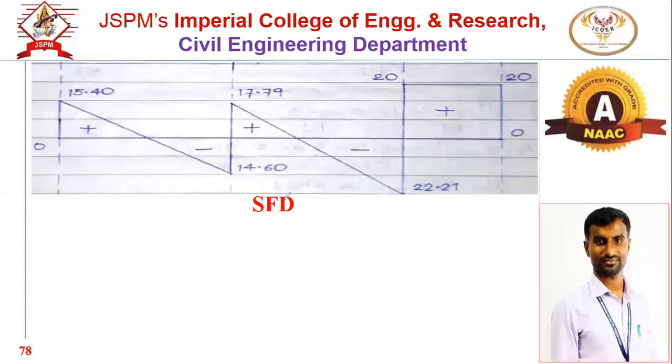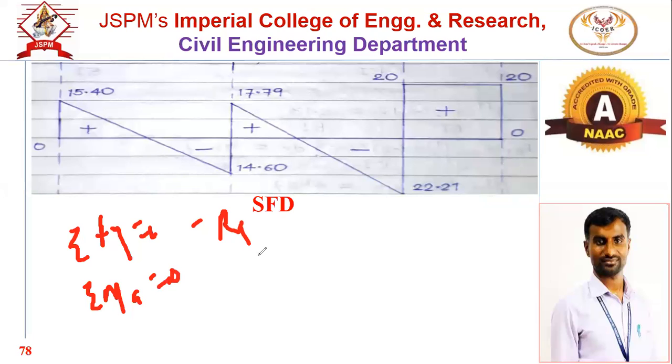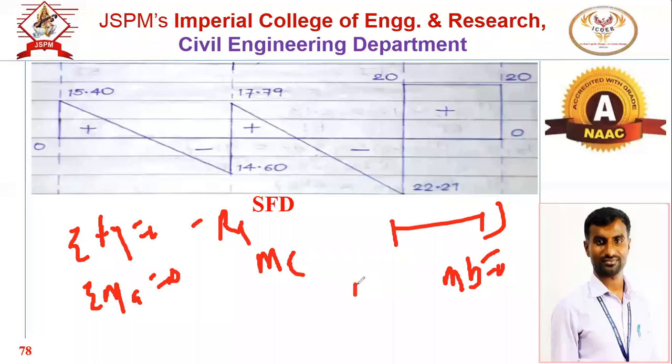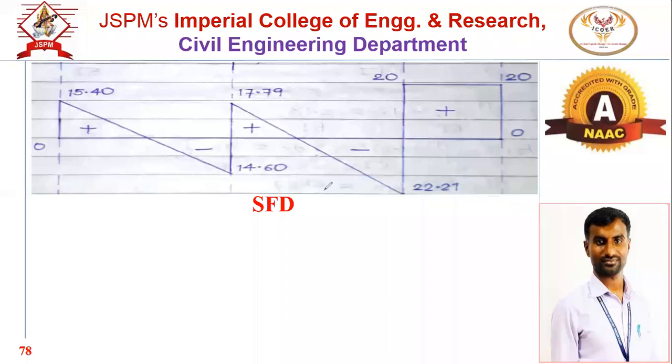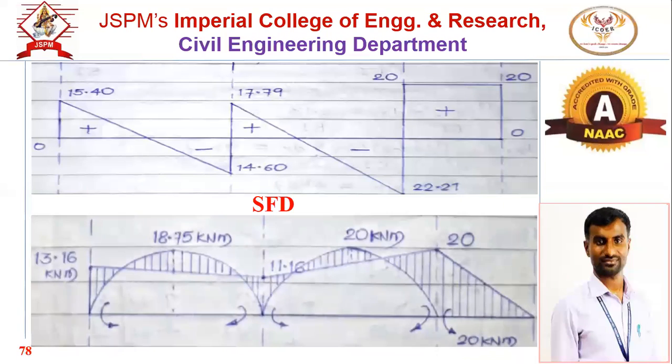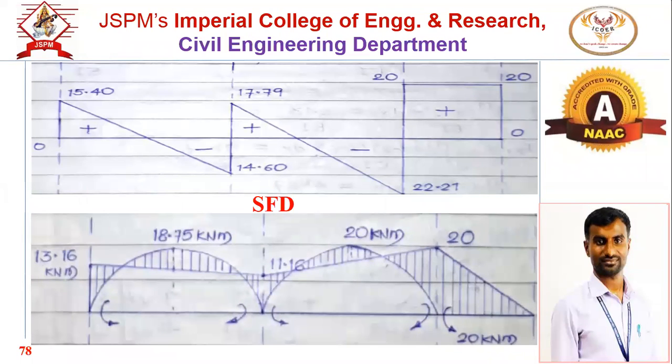So three conditions we have to apply. Apply summation Fy equal to 0, get Ra. Apply summation of moment at point A, considering the total beam, get Ma. Consider AB separately and apply summation of moment at B equal to 0 and find out MB. That is the homework. And how to draw the SFD and BMD, we will have one session in which we will discuss how to plot the SFD and BMD in the flexibility method. So apply those three conditions and get the unknowns: reaction at A, moment at A, and moment at B.